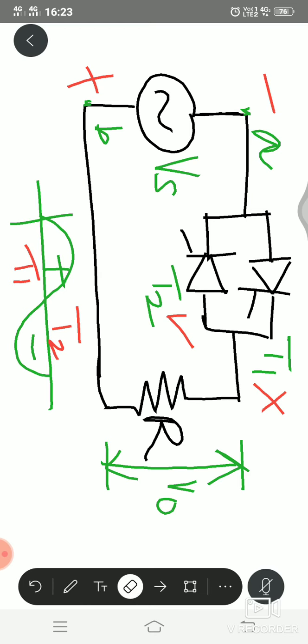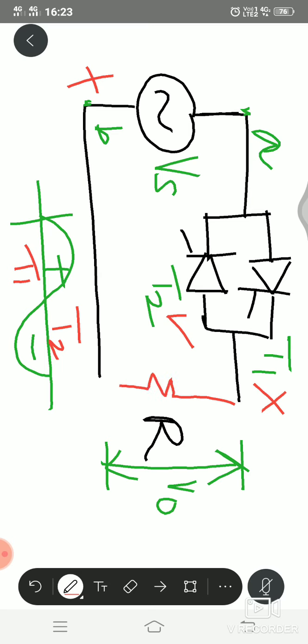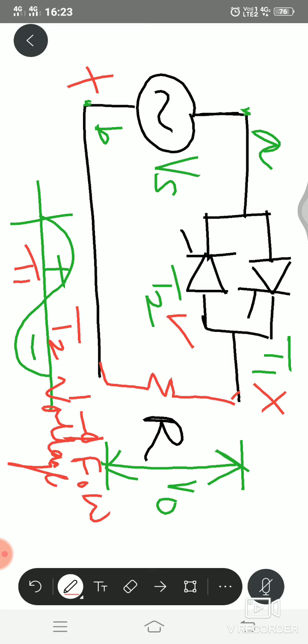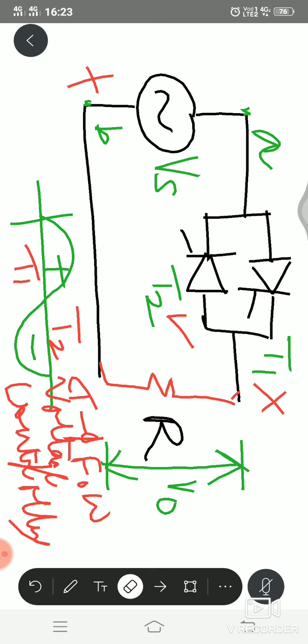Okay, now let us discuss the waveform for this circuit. You can note it down. The circuit which I have drawn right now is your one phase full wave voltage controller. So we are taking the example of the circuit so that we can understand this integral control principle. Let us now discuss the waveform.